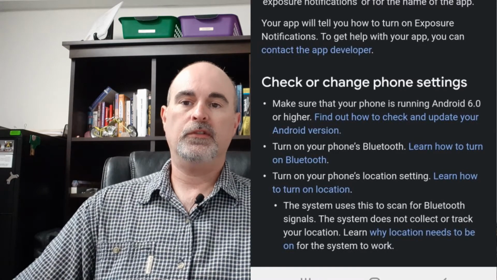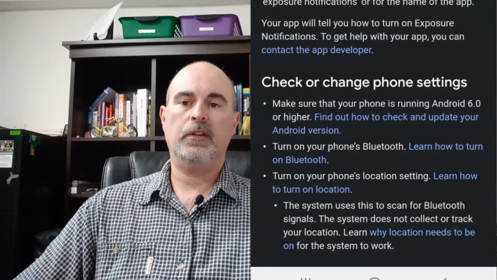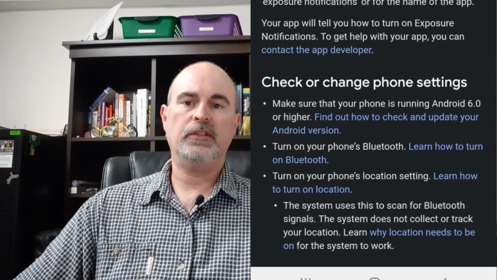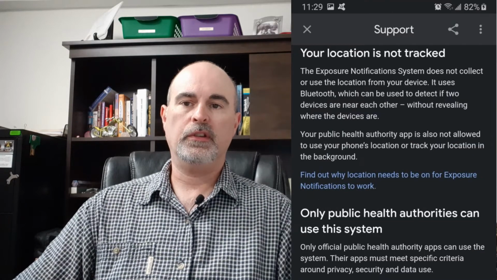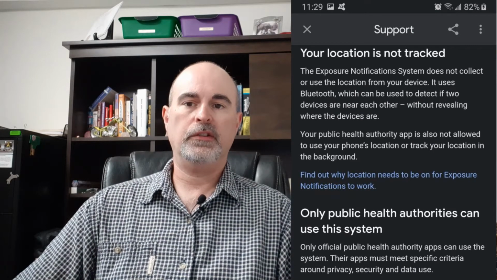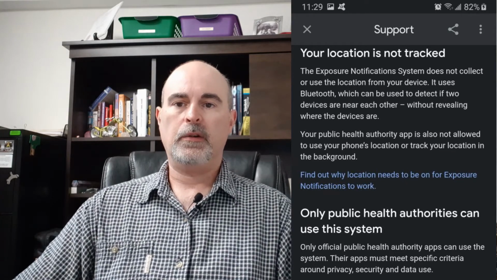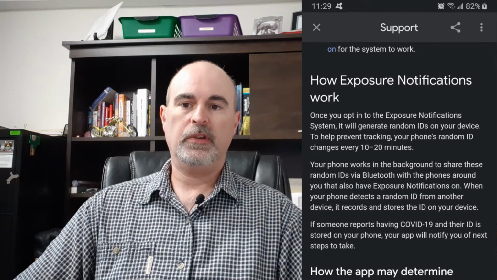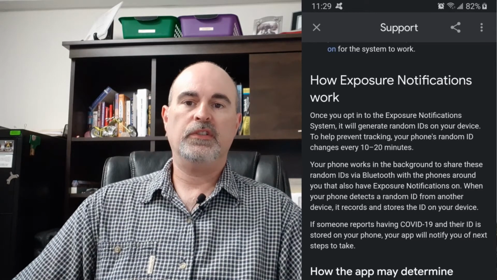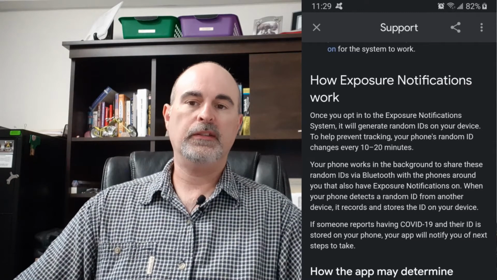The Bluetooth settings need to be turned on, and the location settings need to be on, which is a little strange when they clearly also note in the Learn More information that they do not track your location. How it works is that if you're opted in, it randomly generates a phone ID which changes every 10 to 20 minutes.